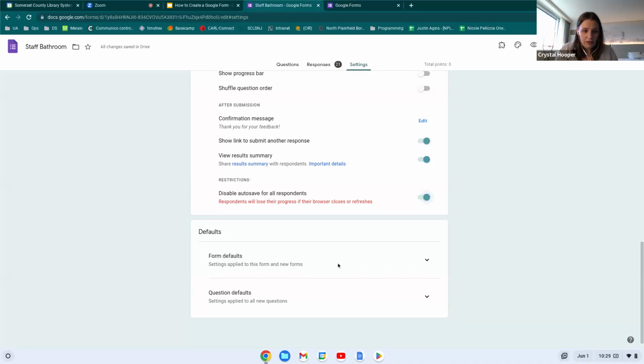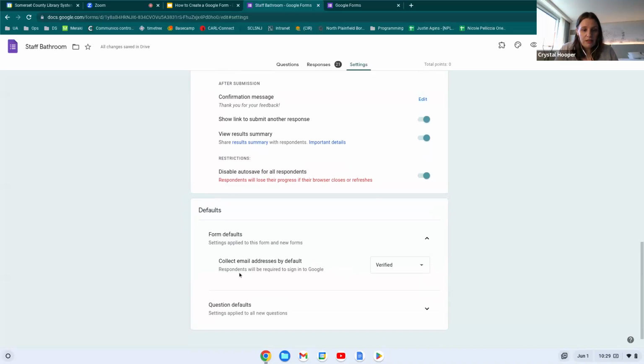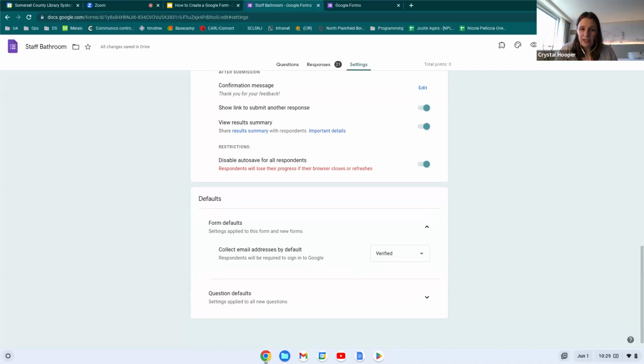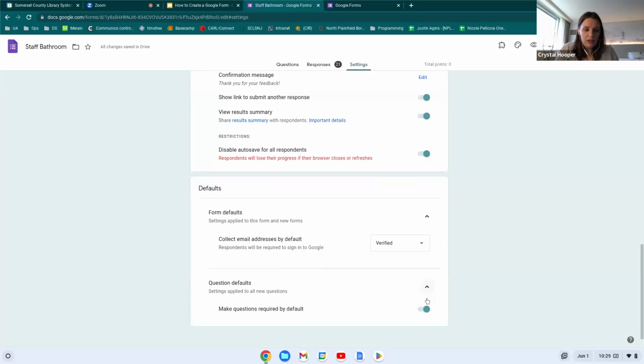All right, form defaults, settings applied to the form and new forms. This is the very first form you can make. You can go in here and you can specify you don't want to ever collect emails, you want the verified emails, meaning you had invited them to take this survey, or you want responder input back. Leaving it unvaried, which is the default, isn't a bad thing to do. That gives you a lot of flexibility depending how you use forms in the future. And the questions default,